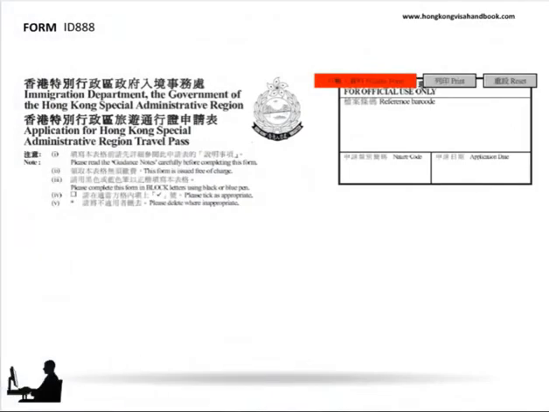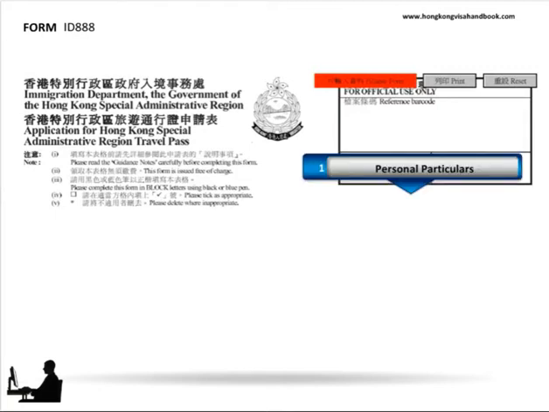Hong Kong Immigration Department Form ID888 is used for a travel pass application by a frequent visitor to the HKSAR. The application form itself is fairly straightforward, with only 5 sections requiring specific commentary, and these are the personal particulars